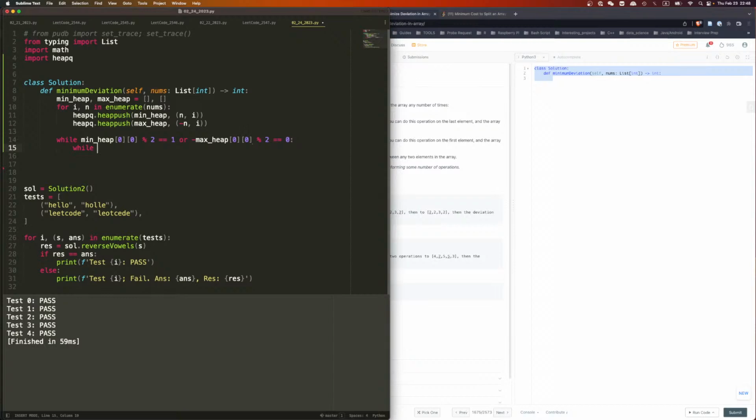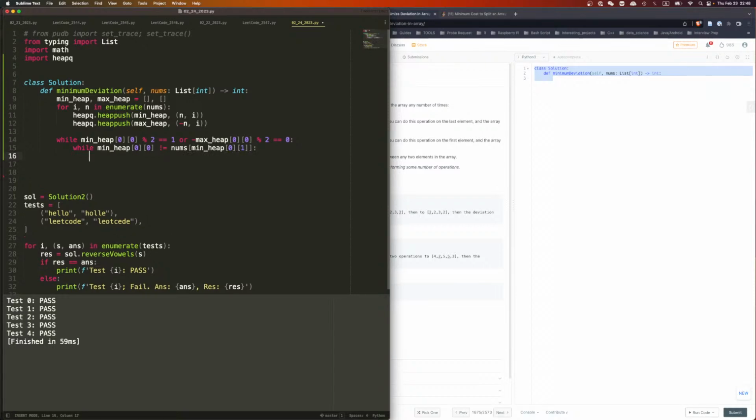So while min heap 0 is not equal to nums[min heap 0 1], okay, then